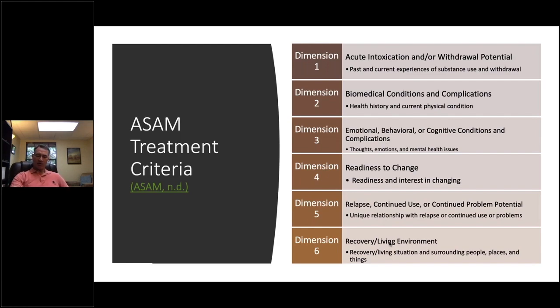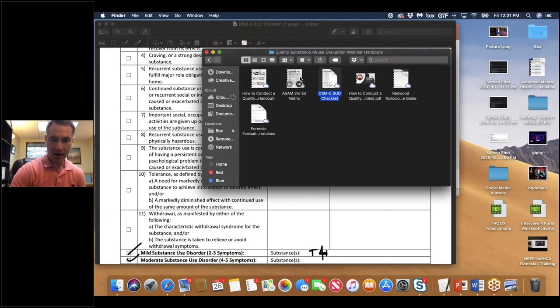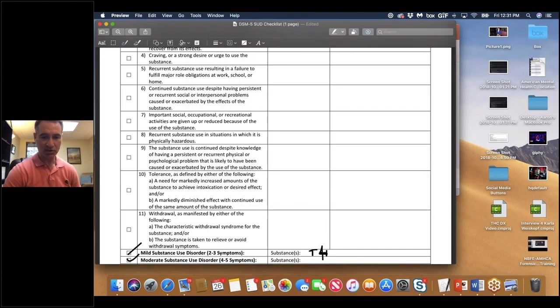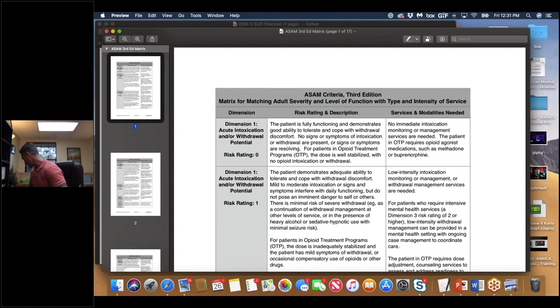So you can see how holistic this is. And in each of these dimensions, you basically are determining where they're at and what kind of care they would need. Again, we have a tool to help you with this. Actually, it's not our tool, it's the American Society of Addiction Medicine. If you obtain their manual, which I have right here, the ASAM criteria, published in 2013, in here they have